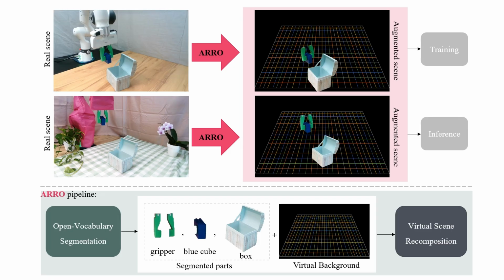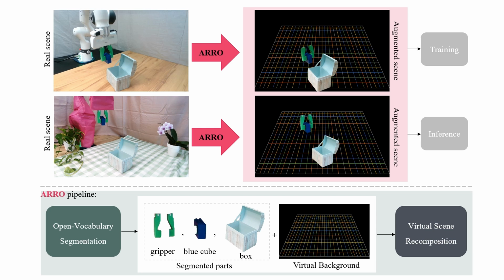In this paper, we introduce ARRO, a method for enhancing the robustness of visuomotor policies under visual domain shifts. ARRO leverages open vocabulary segmentation to isolate task-relevant elements and overlays them onto a structured virtual background. This abstraction is applied consistently during both training and inference, resulting in robust policy behavior across variations in different environments